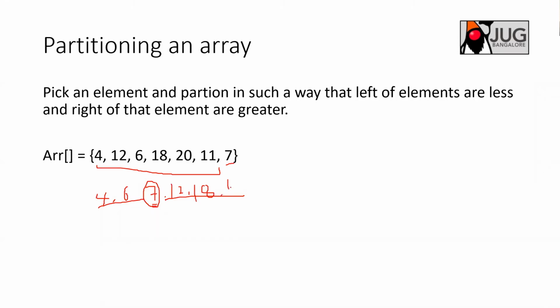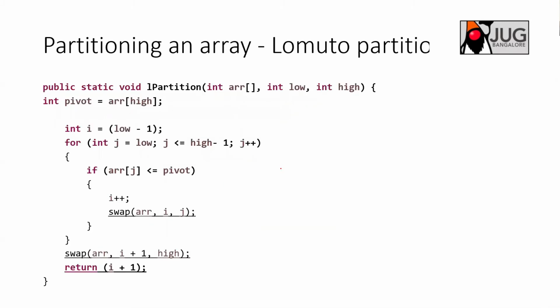This is the naive way, but there are some different algorithms which do this partition much better than this. Okay, so let's discuss that. So this is the naive partition. I think it is pretty clear. You're just doing the comparison, and the loop has to iterate two times. First time you copy the left elements and then place the pivot at the right position where it has to be, and then finally you copy the right side elements. Okay, so there is one standard algorithm, we call it the Lomuto partition.